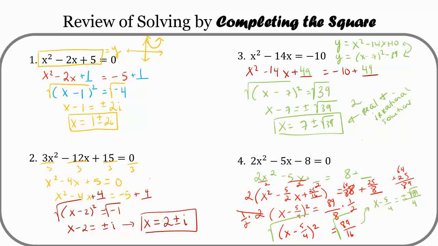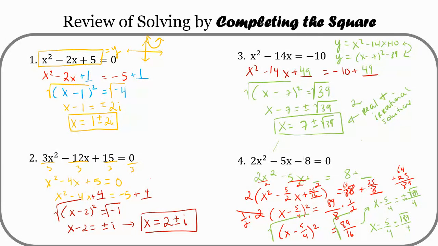Right? I definitely don't think it can. Square root of 89, no. That's not rational. Okay. And then I'm going to go ahead and add 5/4. Oh, I lost my pen. Oh, there it is. So you got x equals 5/4 plus or minus the square root of 89 over 4,